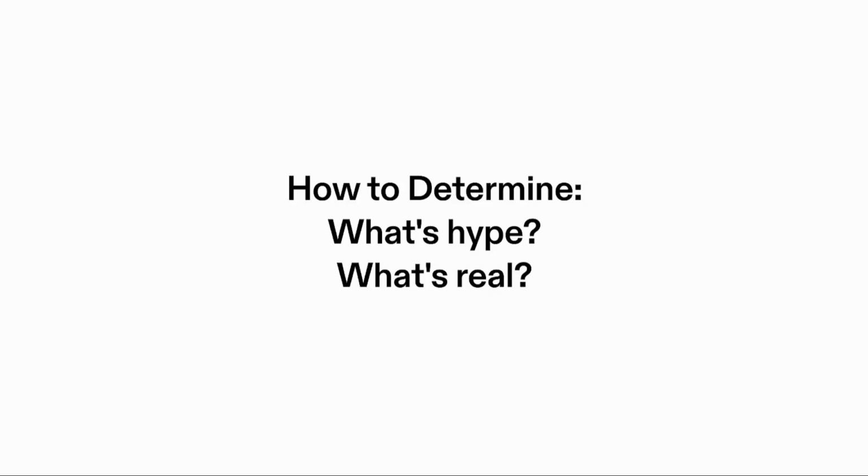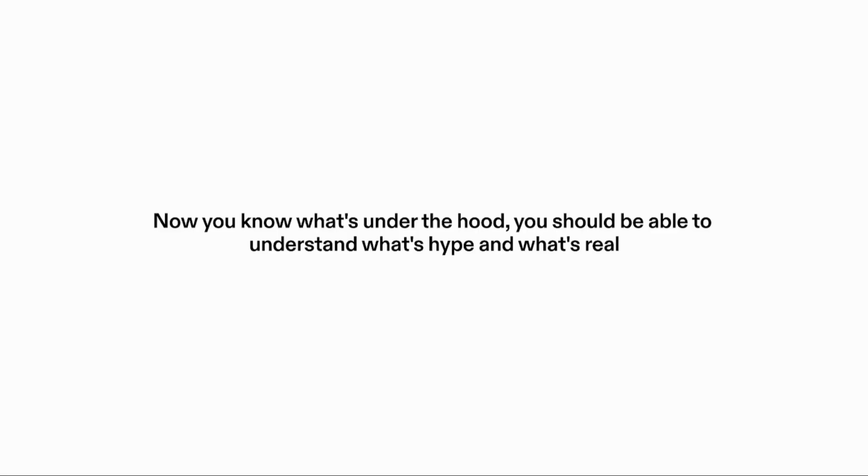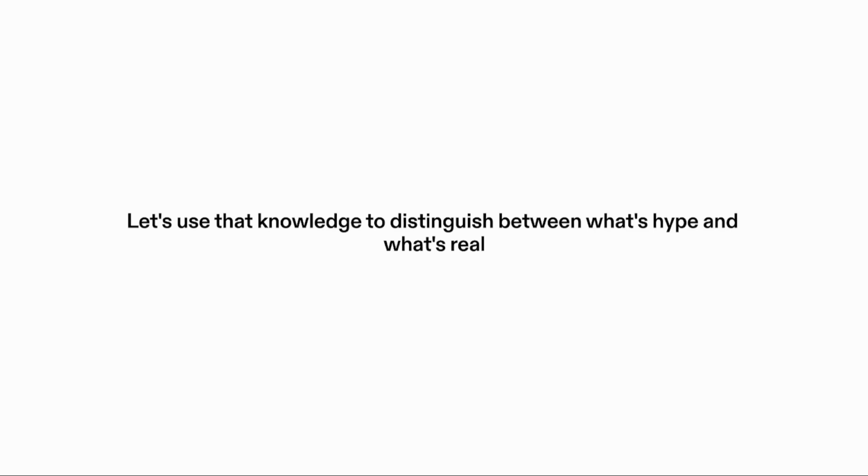So how to determine what's hype and what's real? I think this is an important skill for you to have, because there's a lot of fear-mongering about AI. So now that you know what's under the hood, you know the kind of pieces that stack together to make these AI systems. You've got these models, which are just mathematical equations. We typically use neural networks, and lots of the powerful systems these days are based on transformers. We put that into an API, which our users can send requests to receive responses, and that's kind of the AI system there. So we should be able to look at those components and understand, okay, what's hype and what's real. So let's use that knowledge to distinguish between those things.